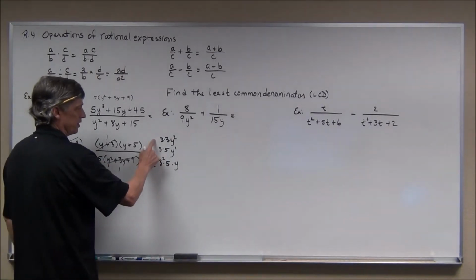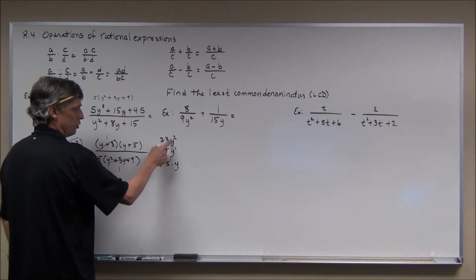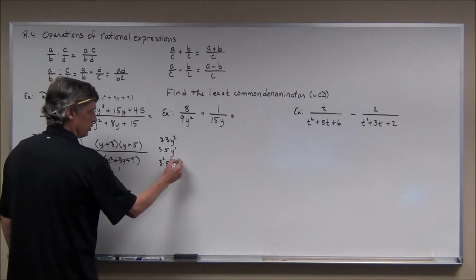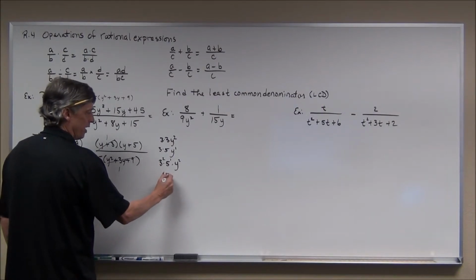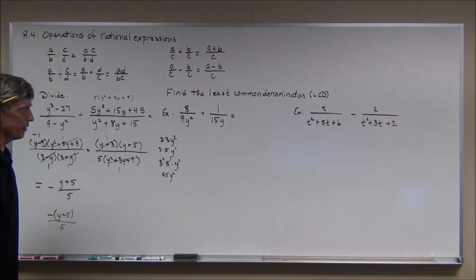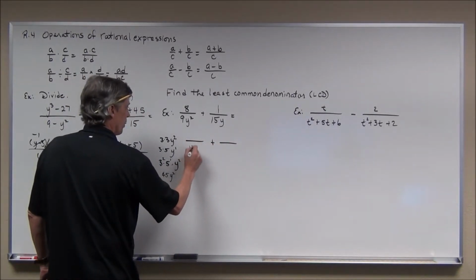5, I don't have any 5's here, but I have 1 5 here, so the most it's used is once. Y's, I have 2 y's here, I have 1 y here, so the most it's used is twice. 3 times 3 times 5 is 45. Y squared is my least common denominator. So I'm going to rewrite this with 45y squared as my